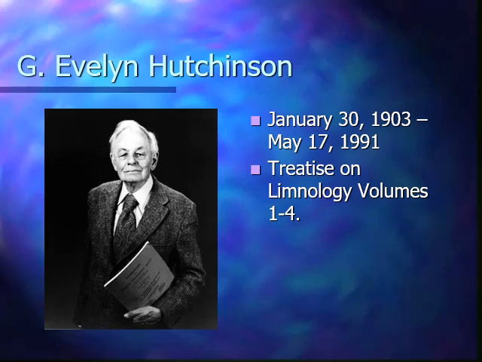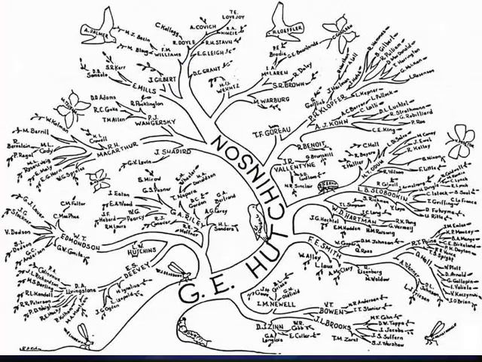There's George Evelyn Hutchinson, a really important guy in ecology and in limnology. You can see the importance of Hutchinson here when you look at kind of his academic family tree. So we can see kind of the main part of the tree, the root and the main shoot show G.E. Hutchinson. And then these branches show his graduate students. So for example, W.T. Edmondson is an important limnologist. Now, a lot of these people are, of course, deceased by now. So you can see Hutchinson, and then you can see